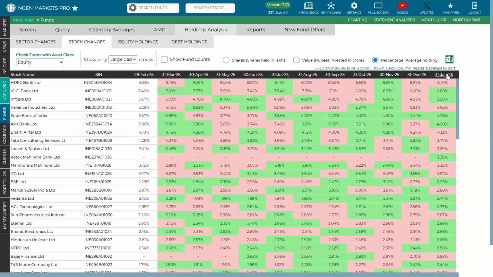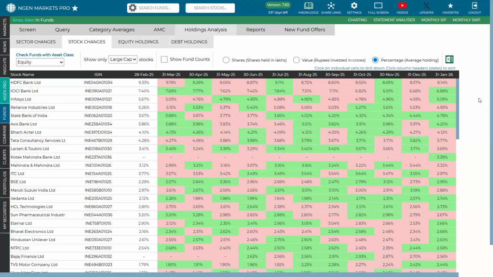I would also like you to know that our update cycle for these holdings run from 8th to 13th of the month. That is to say that by 14th, the holding data for all these schemes will be updated as of latest.